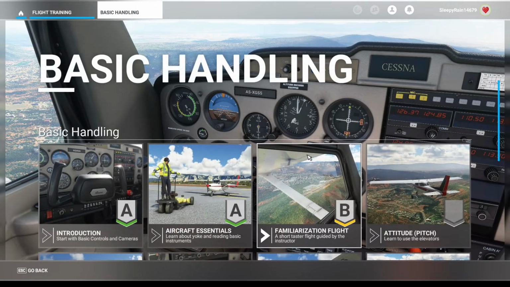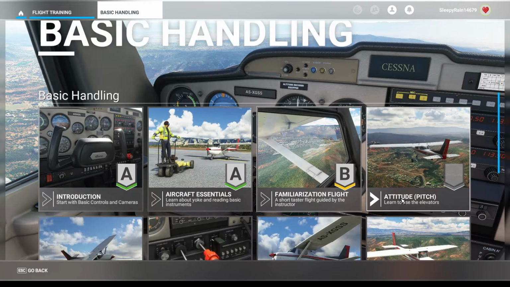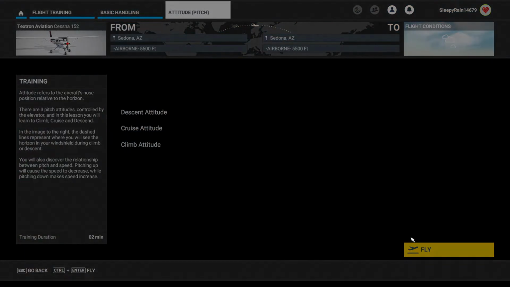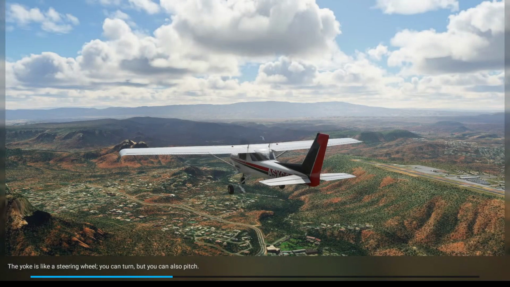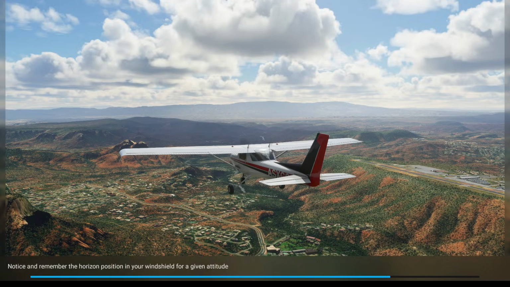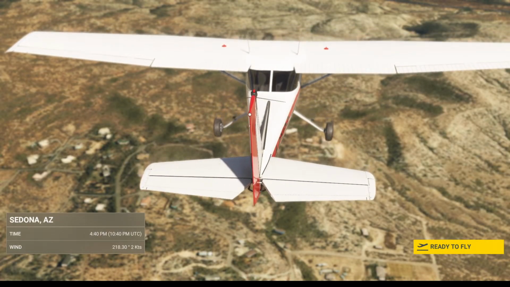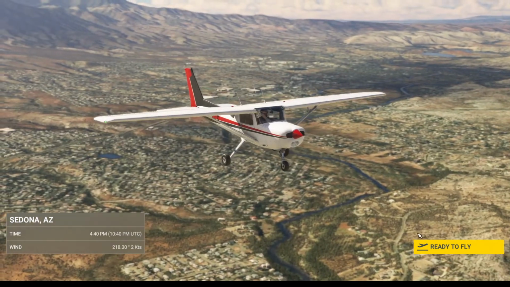All right, it was the game. Attitude. So the pitch. So let's do the pitch. It would be a whole lot easier to control a plane if I was able to find my